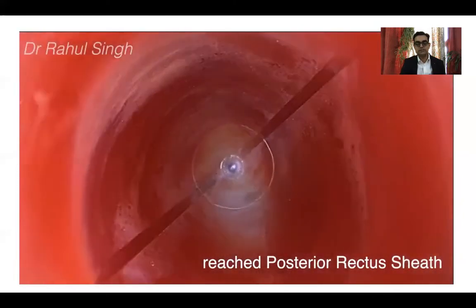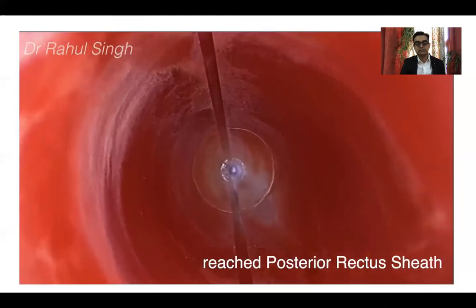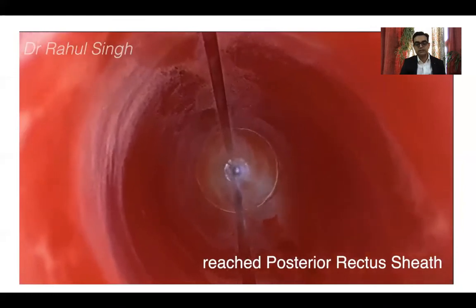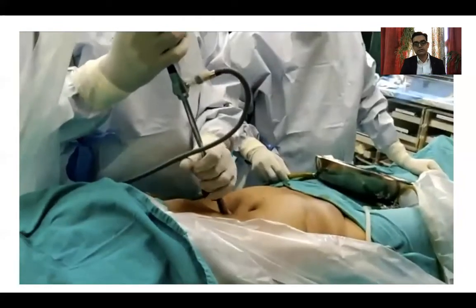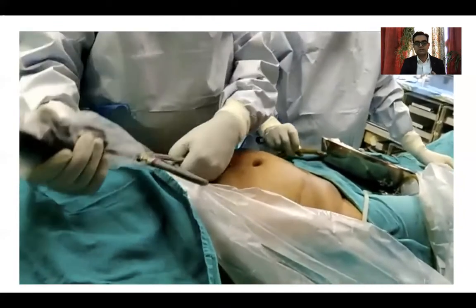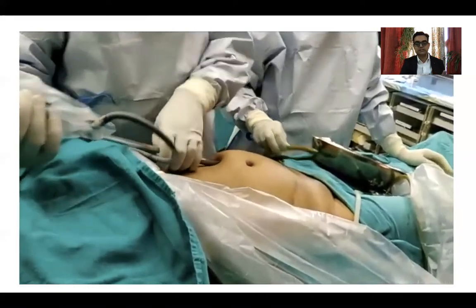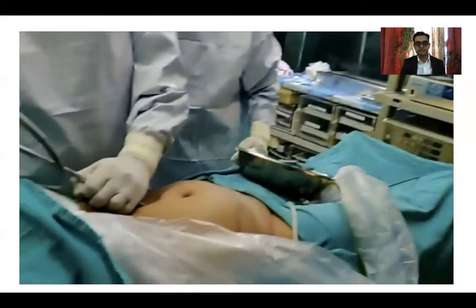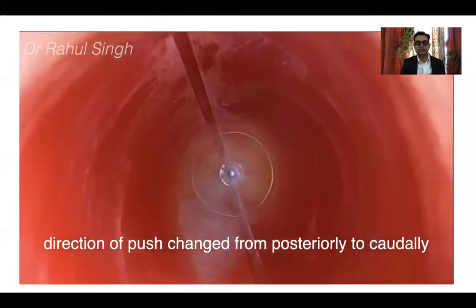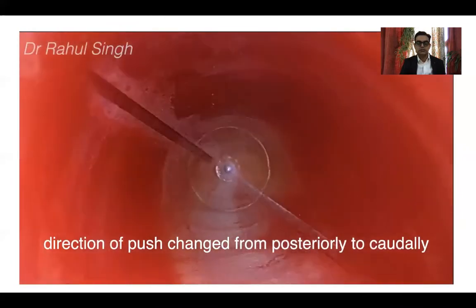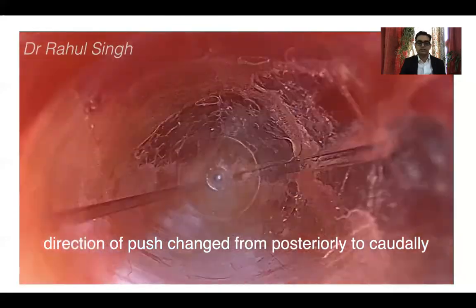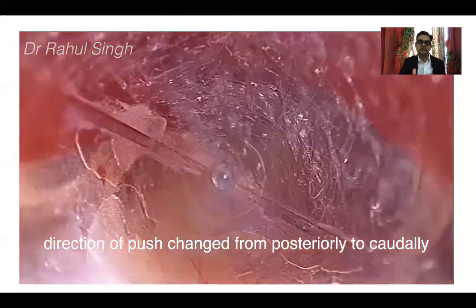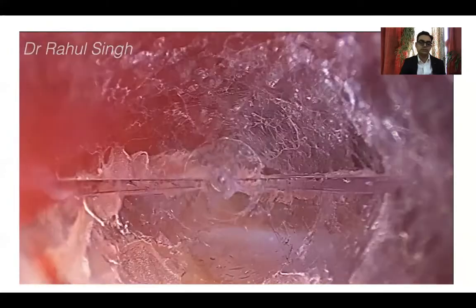As I've already mentioned, you have to be very careful not to pierce the posterior rectus sheath. So for that, what you do is you change your direction of push from posteriorly to caudally at the time. So you can see here in the external video that the surgeon has changed the direction of push from posteriorly to caudally, and further continues the dissection inside. Okay, so now what you see here on the top and the sides is the rectus muscle, and posteriorly is the posterior rectus sheath. Once the arcuate line is crossed, you can start pneumopreperitoneum,